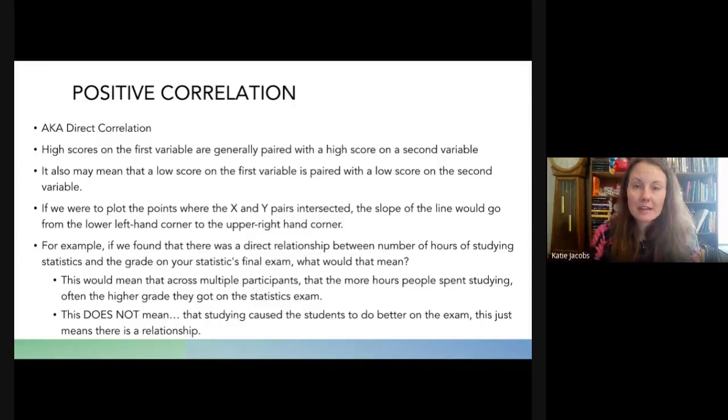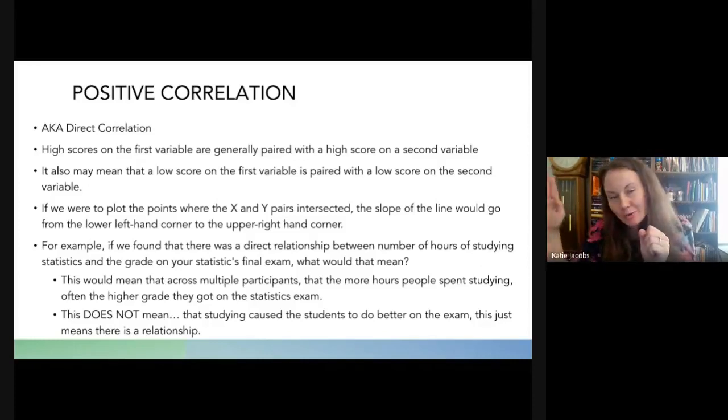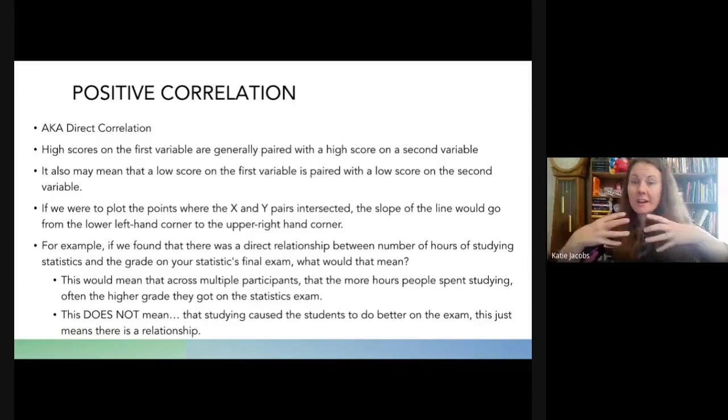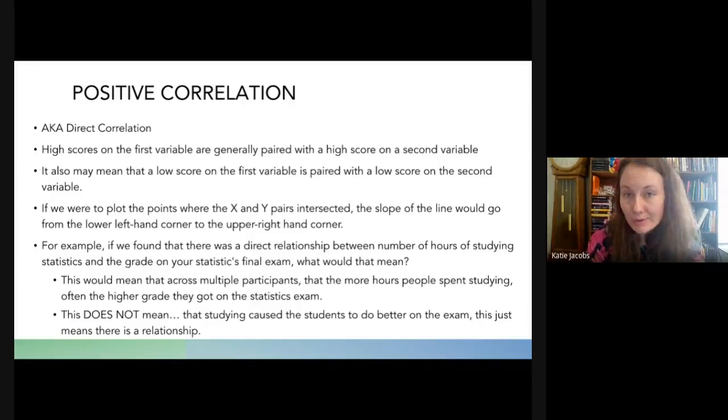So we don't know if the study, so if we were looking at the four possibilities, right? One possibility could be that the more time spent studying did increase the score, or increased test scores caused people to study more. Or a third option could be that a third variable increased both at the same time. So for example, maybe being a responsible student is actually what caused you to do better on the exam. That means coming to class every single time, coming on time, doing every single reading, spending time studying throughout the whole time instead of at the end. So there may be a whole bunch of different variables that come into play, but we don't know from the